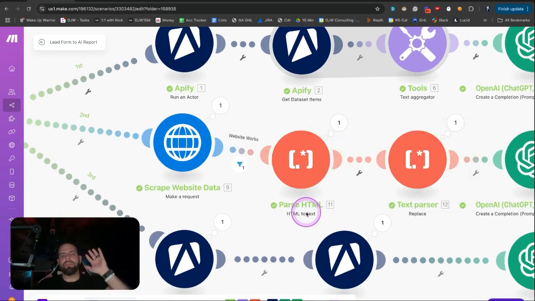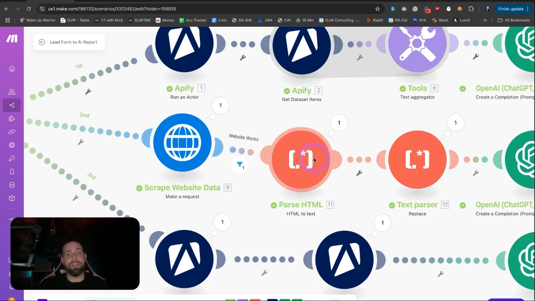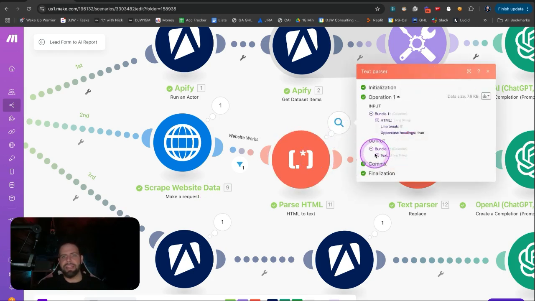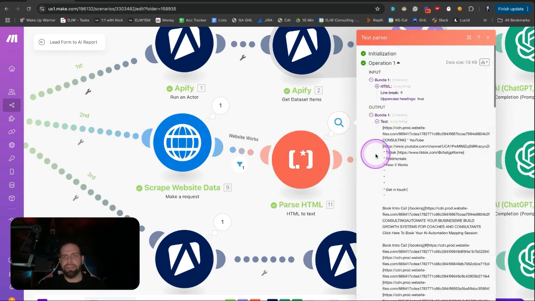Now, if you're going to try to feed all of this data into OpenAI, you could break the system. So here's a really cool combination of markers, or modules, that you can use to take all of the HTML data, break it down into text, and then take that text and get rid of all the weird character bits. The way that we do that is, you can see inside of here, looking at this,